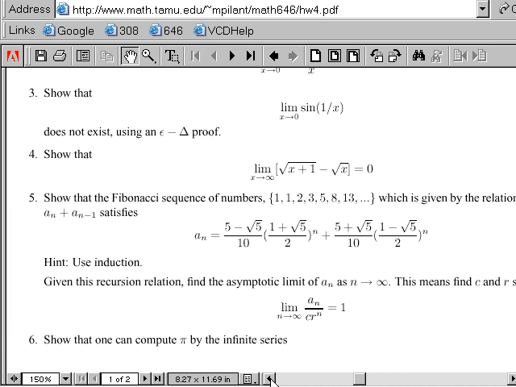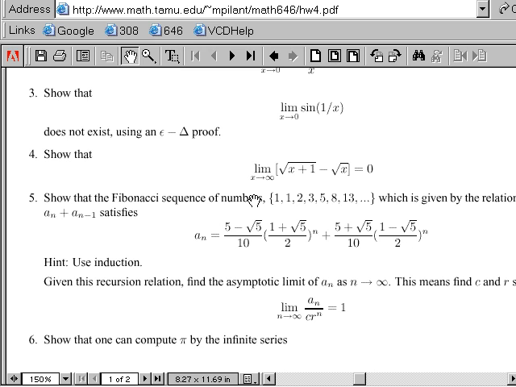There's a nice key relationship of the Fibonacci numbers. If you start with 1 and 1 and then add the previous 2, 1 plus 1 is 2, 1 plus 2 is 3, 2 plus 3 is 5, 3 plus 5 is 8, 5 plus 8 is 13, etc., 21. These numbers actually, amazingly, come from a sequence in closed form that involves square roots raised to